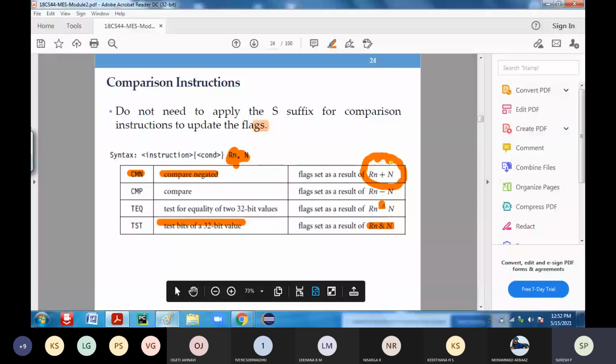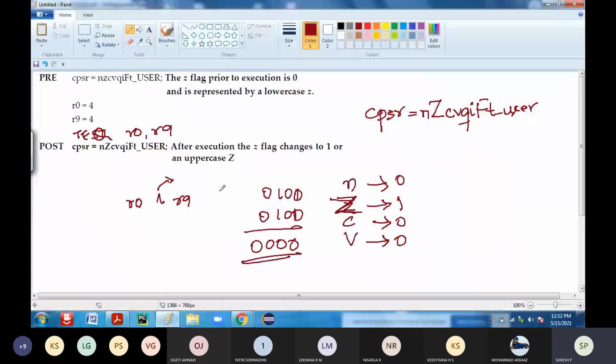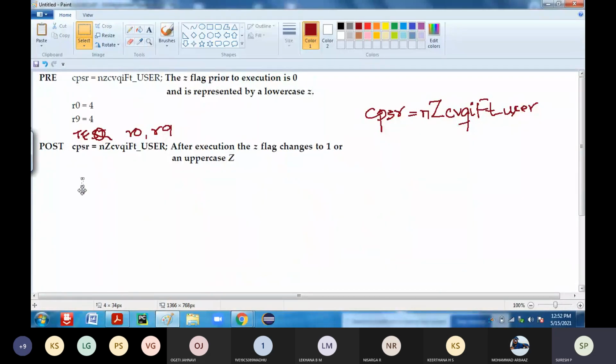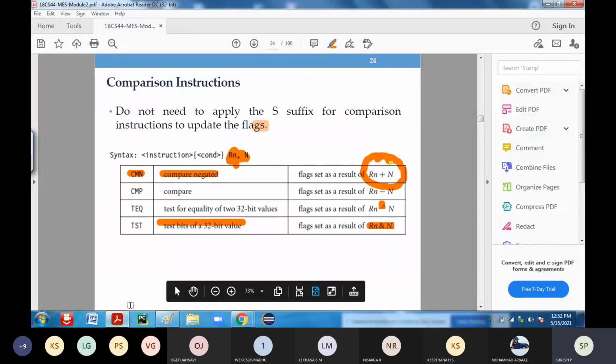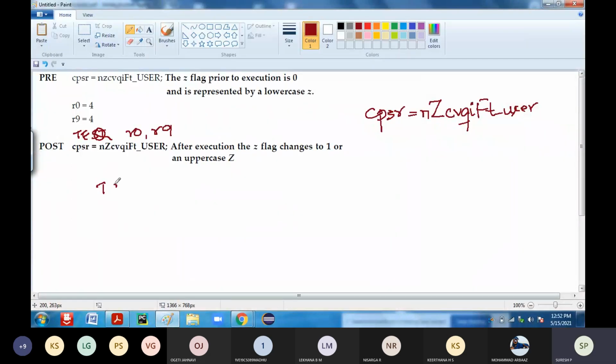Now, if you take the same example, instead of TEQ, take TST R0, R9.